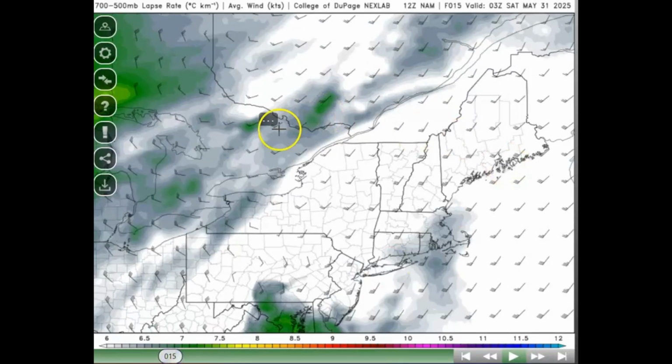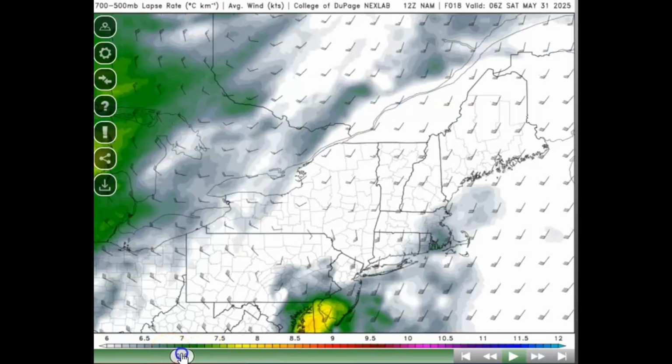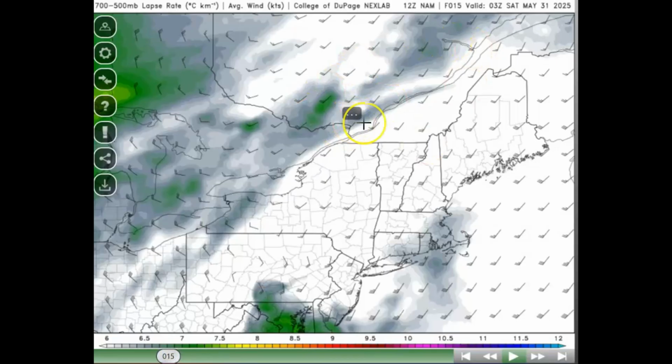As we go further in time, late this evening, this is progged for 11 p.m. Eastern Daylight Time, and you can see the zone of steep cooling is trying to overspread southern Quebec and eastern Ontario during the late evening period and to a lesser degree overnight, but especially for the late evening period. So this will also add to the instability despite the loss of the sun at this point.